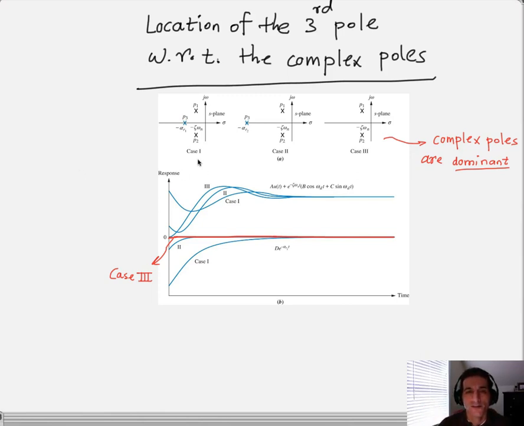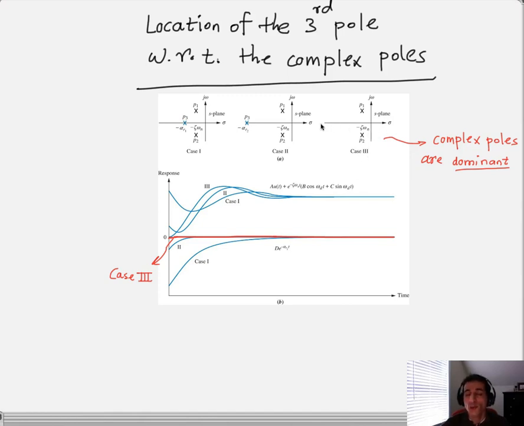In fact, we can distinguish three cases: case 1, case 2, and case 3. So in case 1, we see that these are actually the two poles associated with the second order, the complex conjugate, and this is that extra pole. Now in case 1, as you see, the extra pole is kind of close to the complex conjugate poles. In case 2, it just moves a little further away from these two poles, and in case 3, that